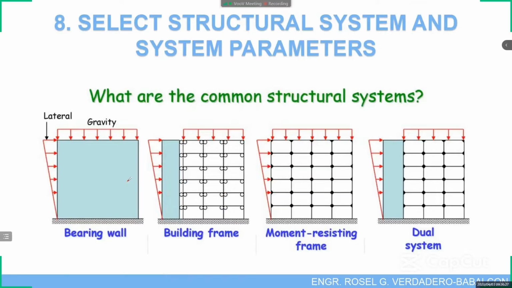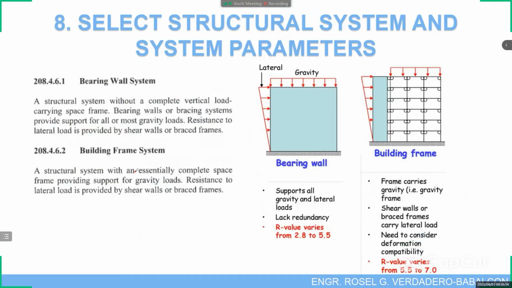The difference, or the logic behind this type of system, is how the lateral force resisting system will resist the vertical and lateral loads, or the gravity or lateral loads of the structure. Which part of your structure will resist those types of load will determine what your structural system is. So for the bearing wall, which can be found in section 208.4.6.1 in NSCP, it is a